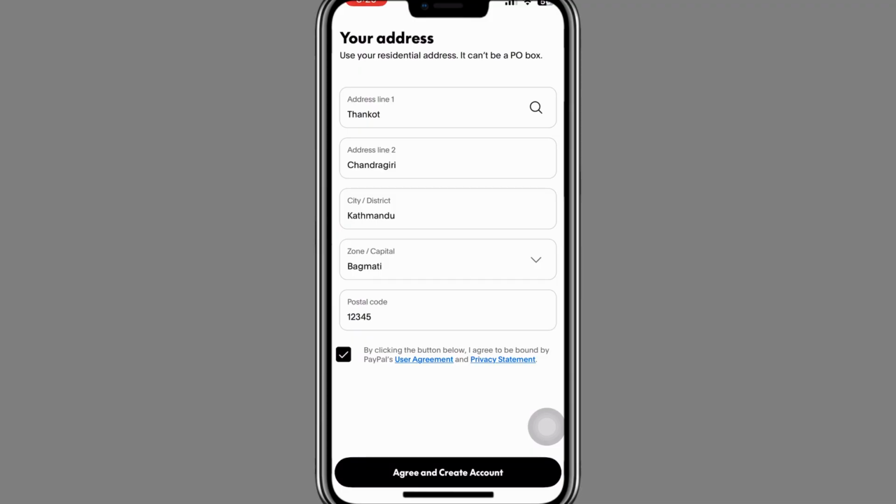And that's it. With your email and phone number verified, your PayPal account is safer and ready for sending, receiving